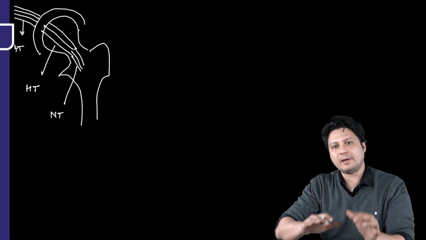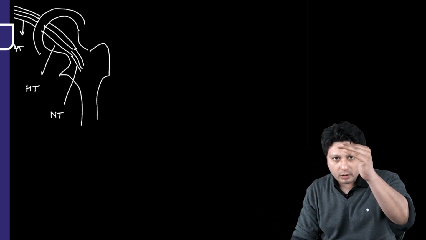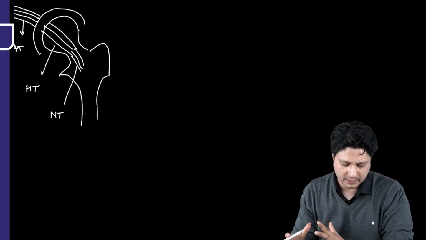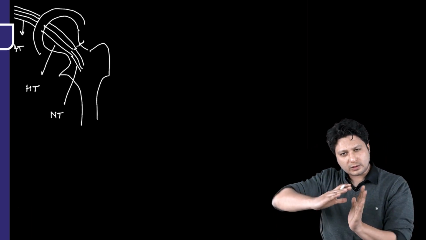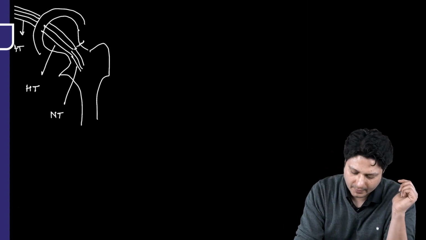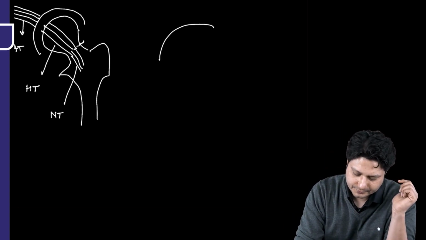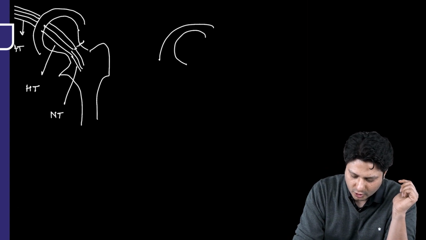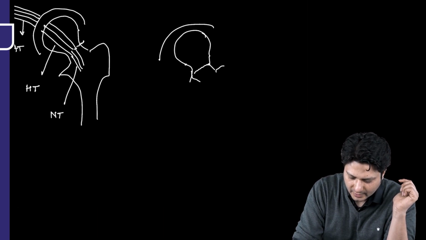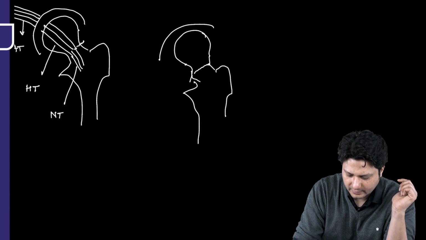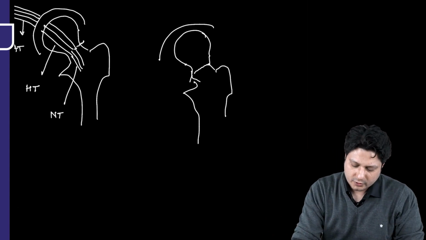Now how is this alignment going to be changed in all the different types of Garden system of fracture classification? Now in type 1, obviously there will be a fracture on the lateral aspect. So to some extent, what will happen, if this is the acetabulum, this is the head of the femur, to some extent, because of the valgus impaction, there will be an attrition. All right. To some extent, there will be attrition, and there might be some amount of changes observed in the trabecular patterns. All right. So the